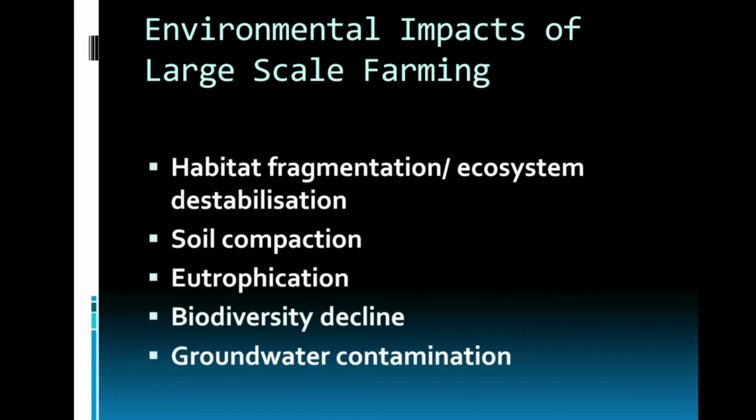And when that happens, class, even the animals die within the aquatic or the marine environment. This would contribute to biodiversity decline in the aquatic or the marine environment. Or if you were to piggyback into the first point, because of habitat fragmentation, the organisms that thrive there would be pushed to the brink of endangerment or even to the brink of extinction. The fifth point has to do with groundwater contamination.